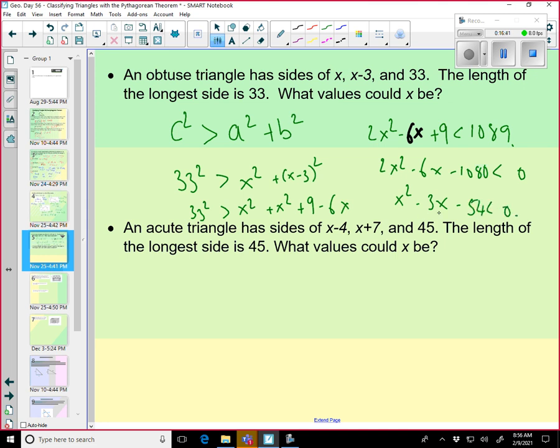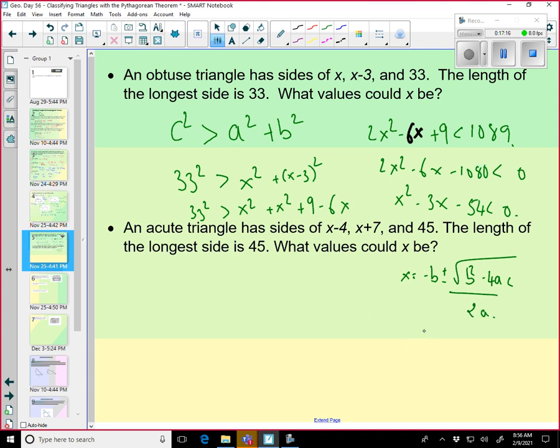Okay. This is a quadratic equation. You can simplify by factor method, or you can simplify by quadratic formula. Any of the methods will work. So in this case, let me do it by the quadratic formula. The quadratic formula says x equals negative b plus or minus square root of b square minus 4ac divided by 2a.